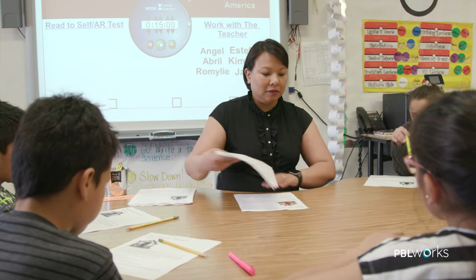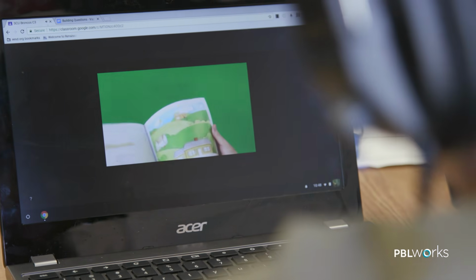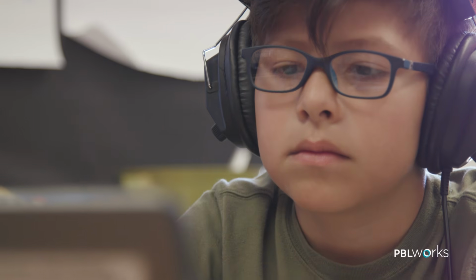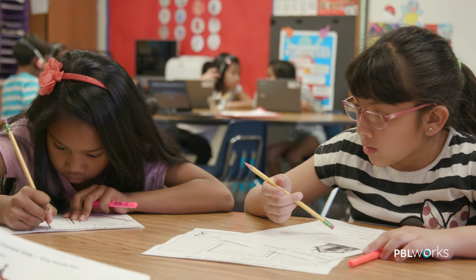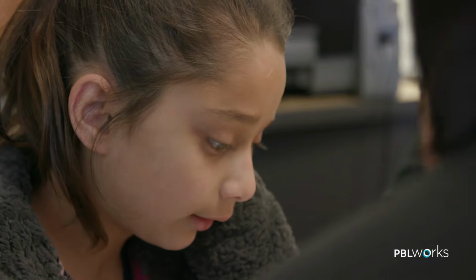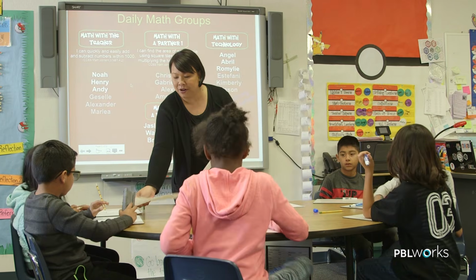So on that day, I had a group and we were looking at informational reading. And then another group, they were listening to a book that had to do with houses. And then another group was working on vocabulary, and all the vocabulary is part of the project. And then another group was just doing their read to self, and that's just books that they're interested in, so they're practicing reading independently. Write your name at the top.